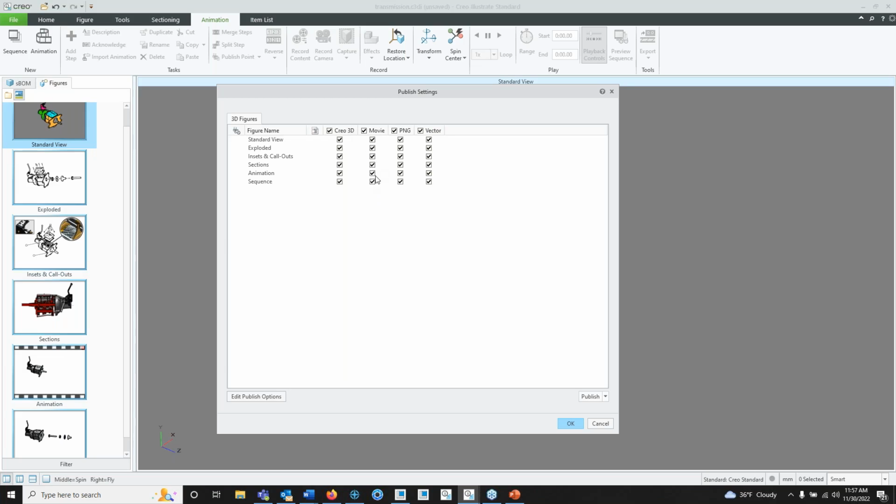So that's what Creo 3D is. The only ones that move are the animation and the sequence, so I could go through the rest of these and uncheck movie, and I could leave those two checked for animation and sequence, and then all I'm going to do is uncheck the PNG and vector for those two options. So I want a PNG and a vector file for these still images here. So once I have that set up,